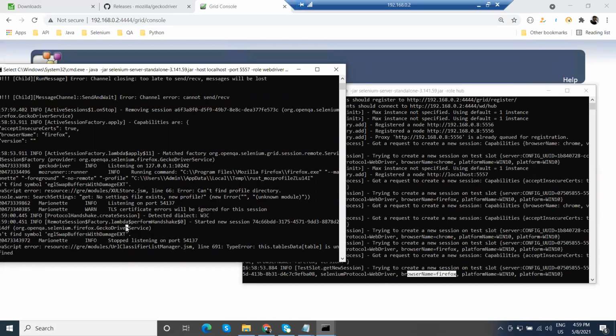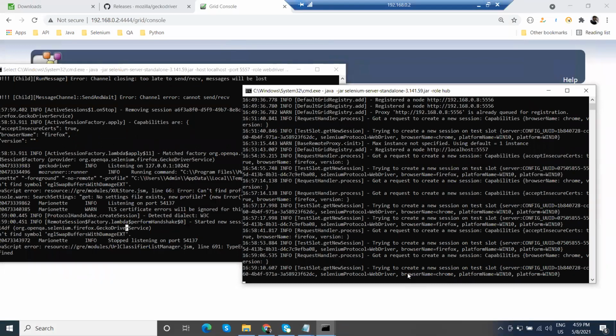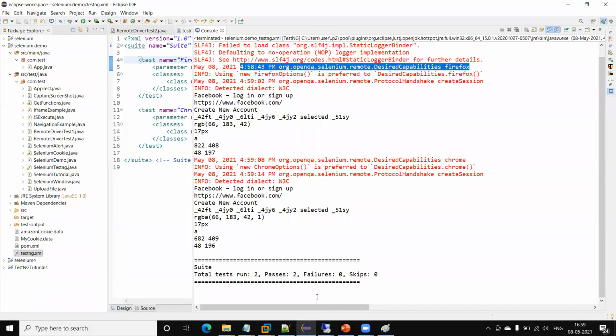Once the test completes, the browser will automatically close. The next request will trigger for the Chrome browser, and this test will run on the Chrome browser machine. In this way we can run tests in parallel or sequentially using the grid environment.